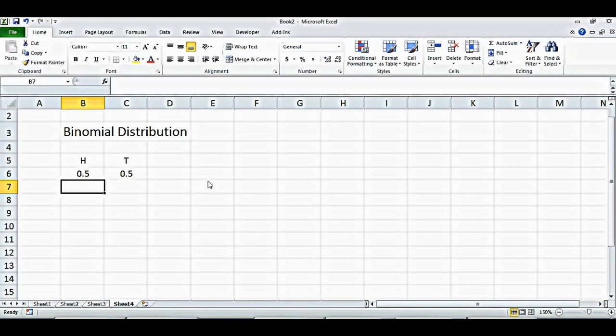So let's talk about the probability of getting heads. Now suppose I flip the coin 3 times. In this case I can get a head, a head, and a head, so all 3 heads, or I can get tail, tail, tail. This is very obvious. Another option is head, tail, tail, or